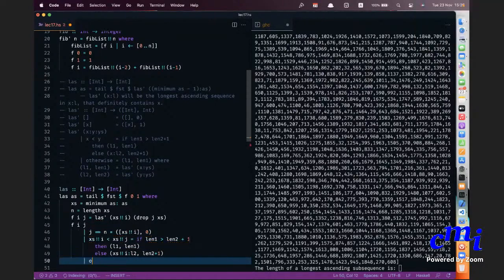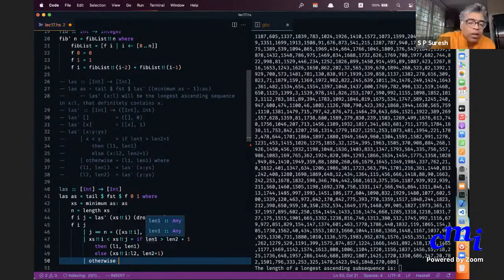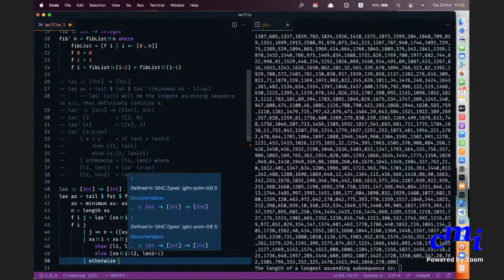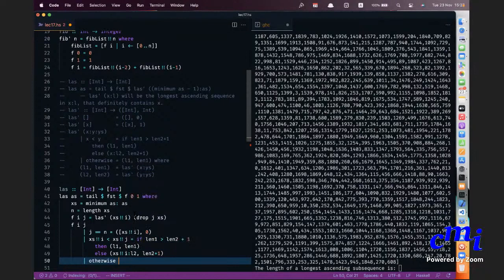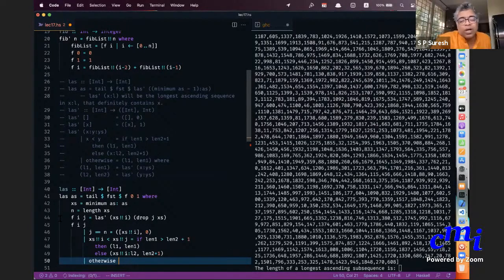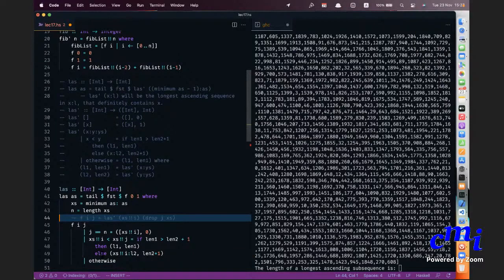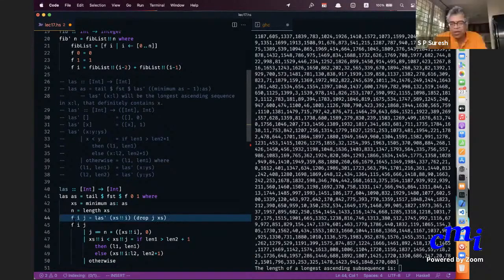Otherwise, there will be a followed by in the LAS prime above. So in the excess double bang I followed by drop j excess, it should be in the first LAS prime of the program. I mean Fij. That is not a definition. That is just an explanation. I'm just keeping it there so that you know what is happening, but I'll comment it out at the end.